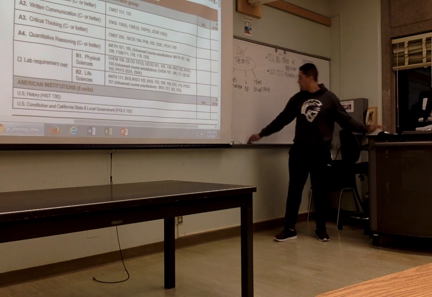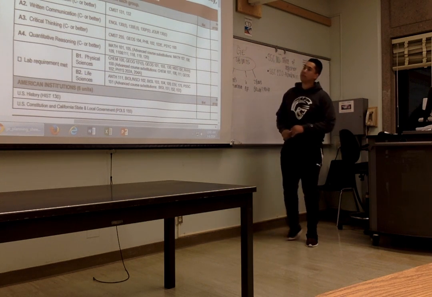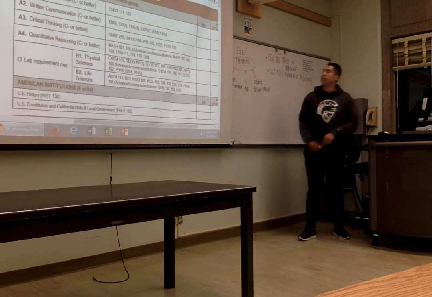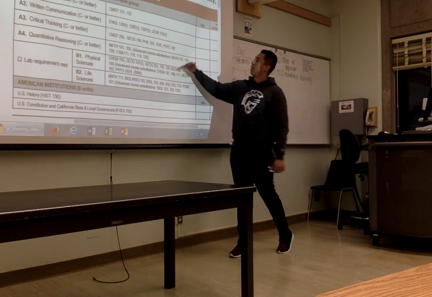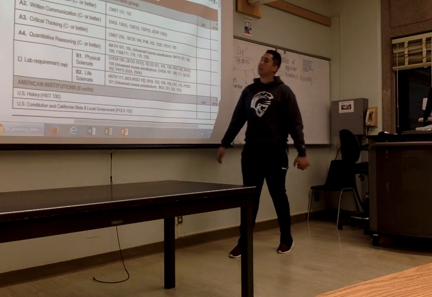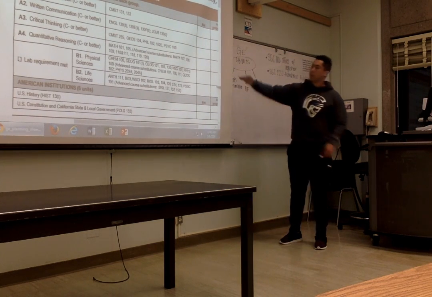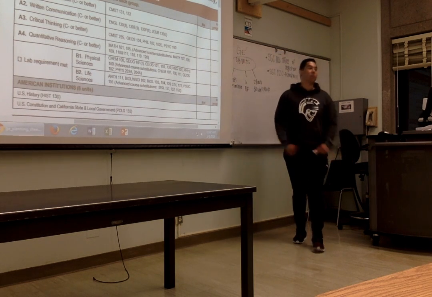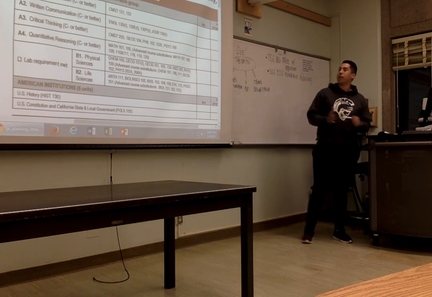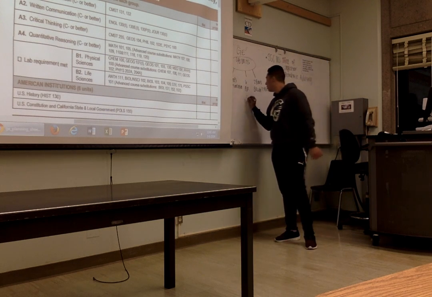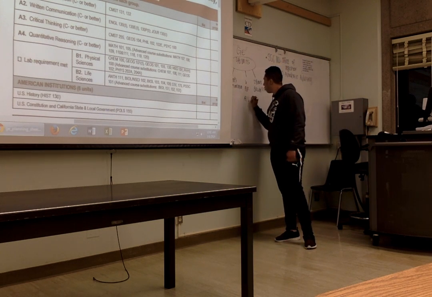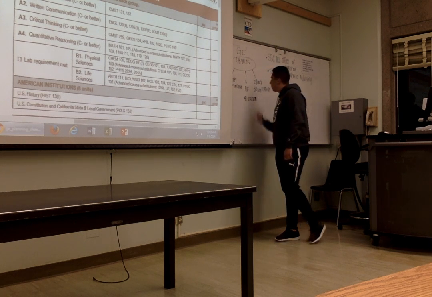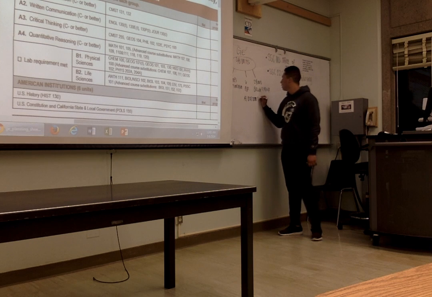Okay, so when I said 18 units in foundation, you have 6 classes that you have to complete within the foundation. That makes 18. 3 times 6, 18. Oh, 3 units sometimes. Okay, so the first one is oral communication. It's a fancy word. So it's your A1, oral communication. Meaning speech.